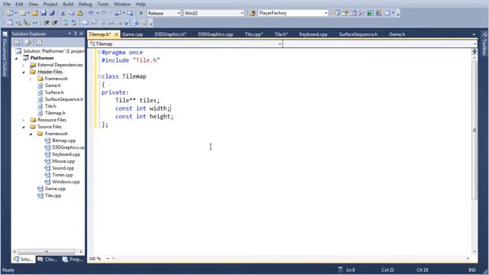Now this width and height is different than the width and height of the tile object. The tile width is the width in pixels of every tile, whereas the map width is the number of tiles across in the map. So slightly different, and don't get them mixed up, I guess, but it should be fine. I am confident with this naming system. So we need a width and height, and we need the tiles. I feel like that's all I actually need here. I'm sure I'll be proven wrong later.